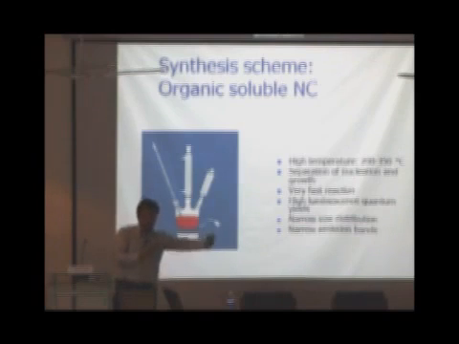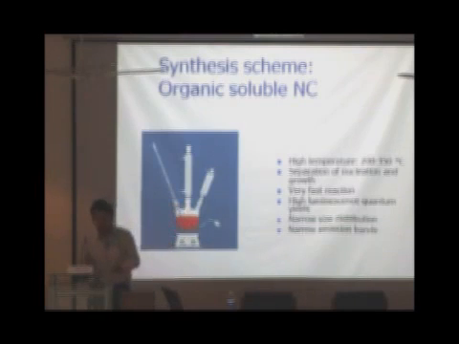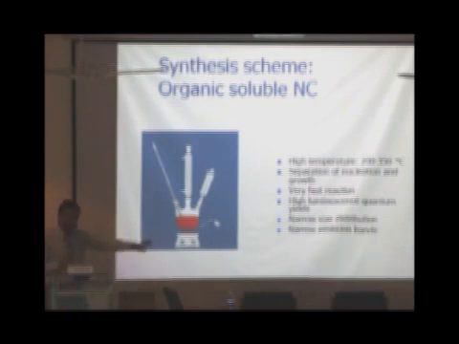So at one point you make the nuclei and then just grow them over a certain period of time. If you keep making nuclei at later times, you would get a size distribution. These high temperature methods ensure that you separate nucleation and growth, so you can get more monodispersed particles. I'll show you some transmission electron micrographs, and you can see that these are